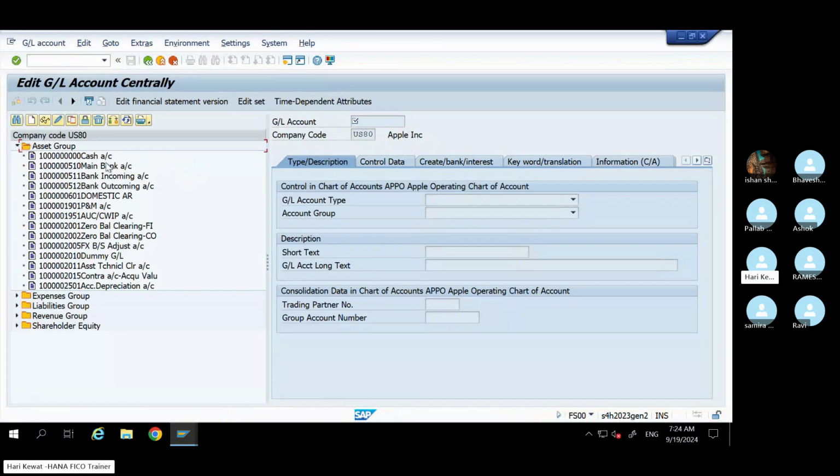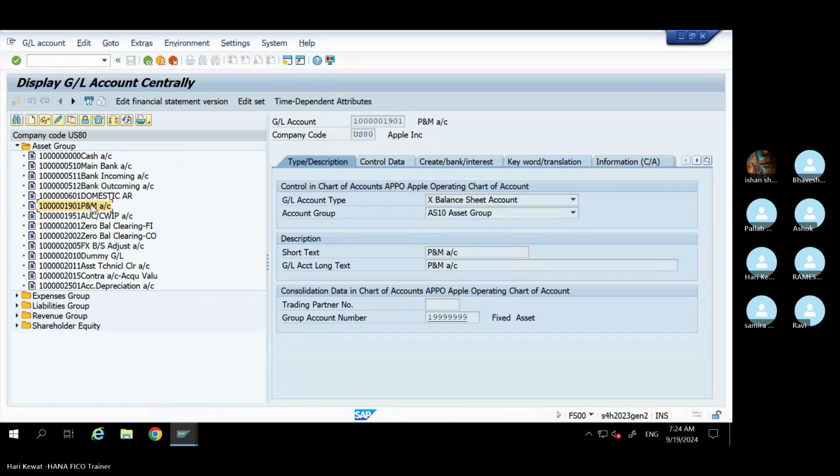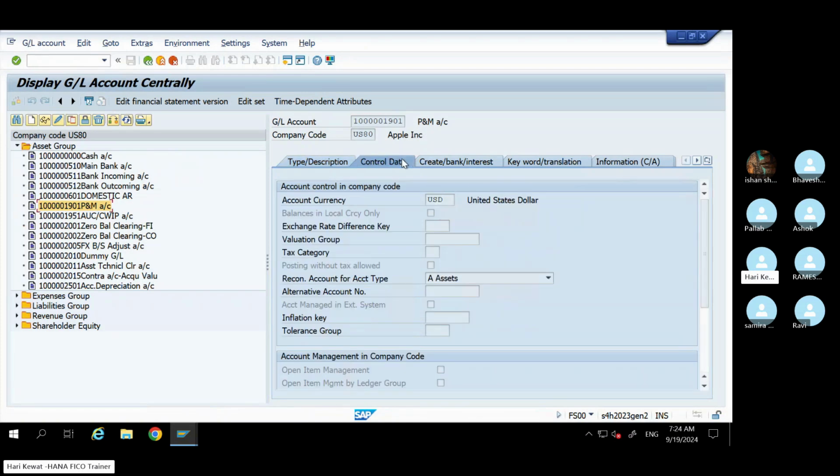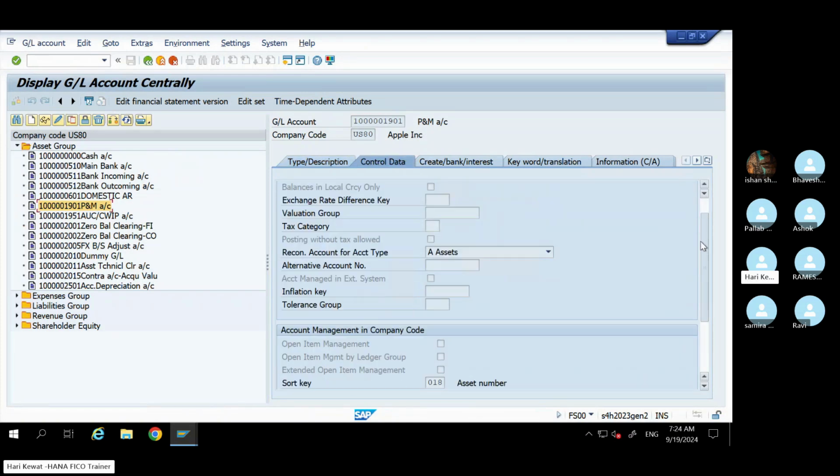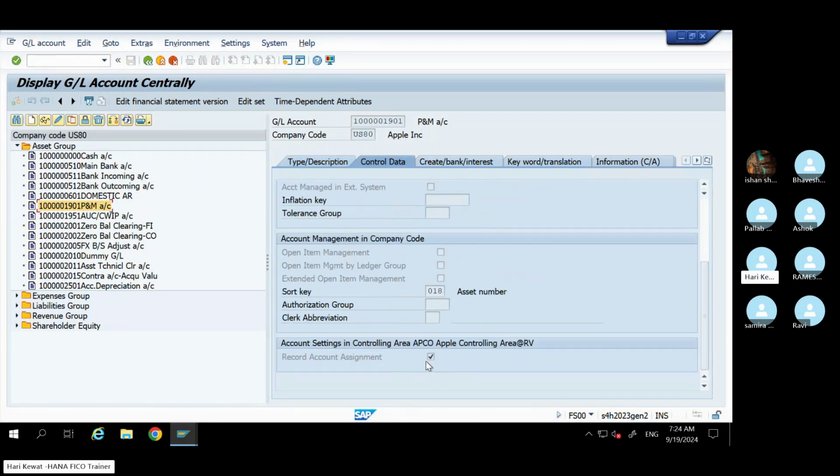Go to here. Take your plant and machinery. Go to your control data. Come back here and tick this one. Record account assignment. Tick this one. If you tick this one, then this GL will become a statistical cost element, where you can check